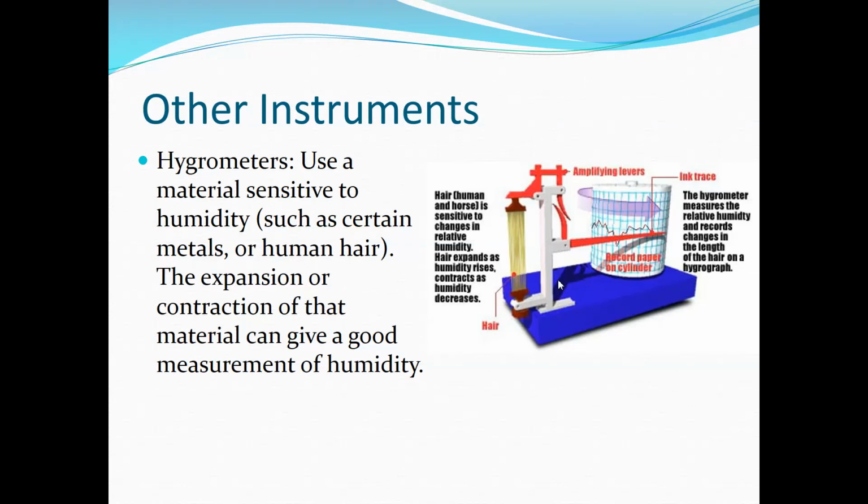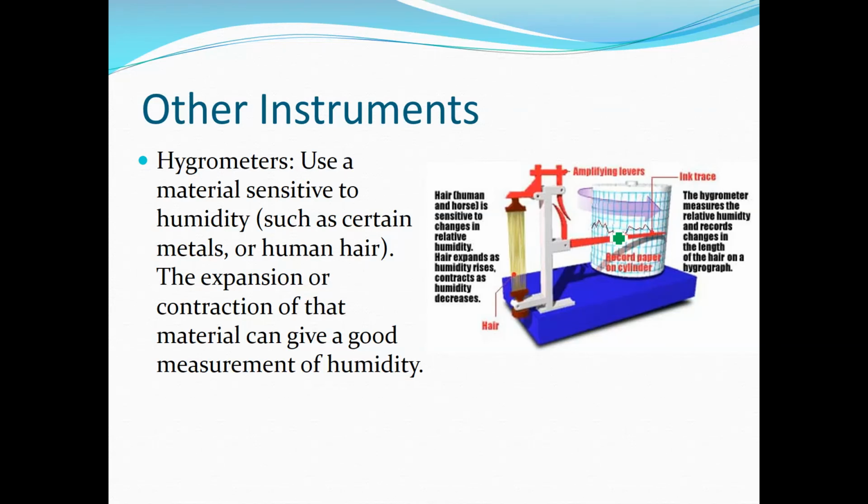These types of instruments are called hygrometers. And the way a hygrometer works is you have strands of hair, usually either human hair or horsehair, and as the humidity changes, these strands either become a little bit shorter or a little bit longer. That causes the amount of tension on this contraption to change. That causes this needle to either rise when humidity is higher or fall when it's lower. And as this drum is spinning and this needle is rising and dropping,